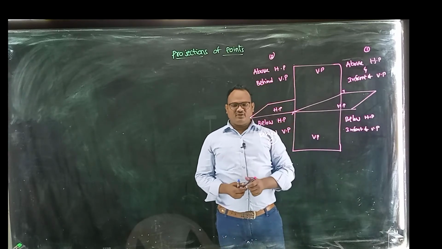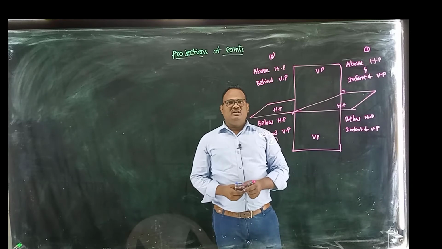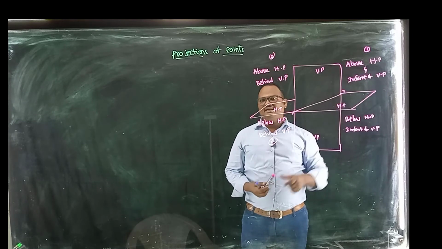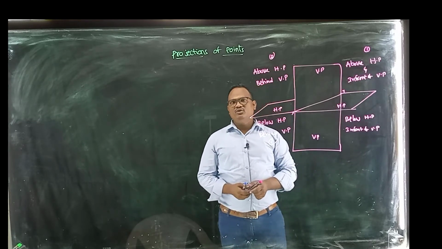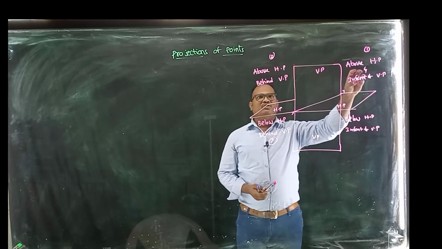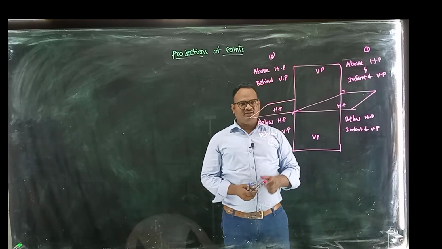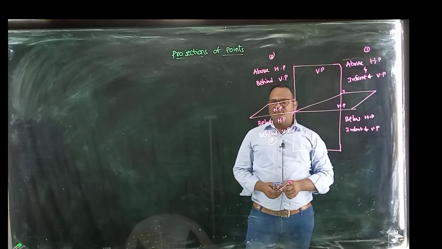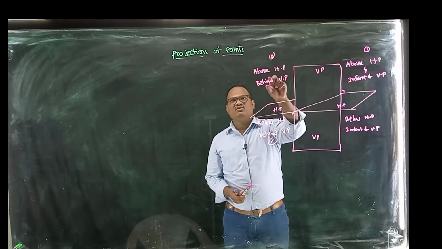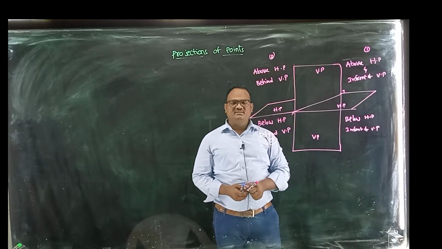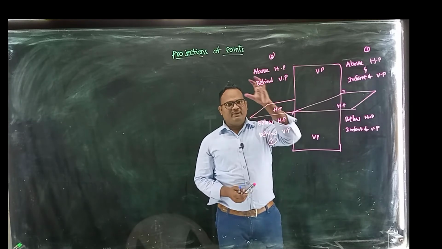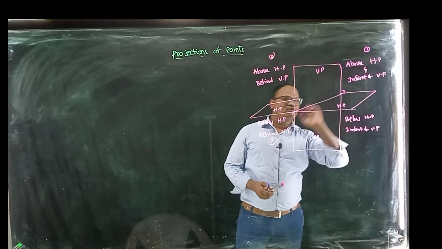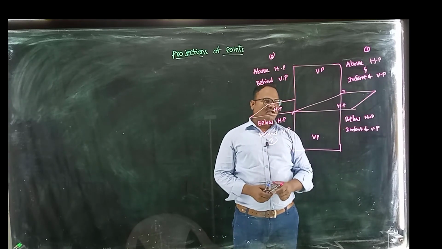In these four types of projection systems, if the object is in the first quadrant, that is first angle projection. That means we assume the object is in the first quadrant and draw its views. By placing the object in the second quadrant, that is second angle projection. By placing the object in the third quadrant, that is called third angle projection. By placing the object in the fourth quadrant, that is fourth angle projection.